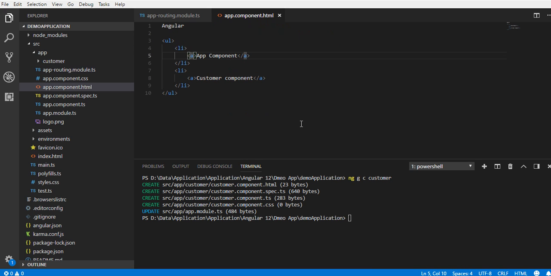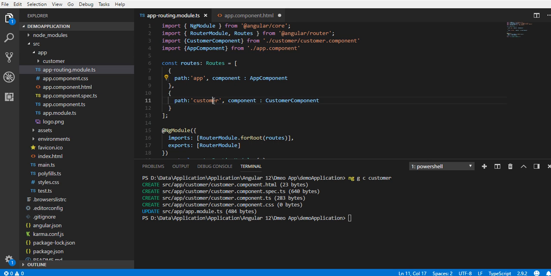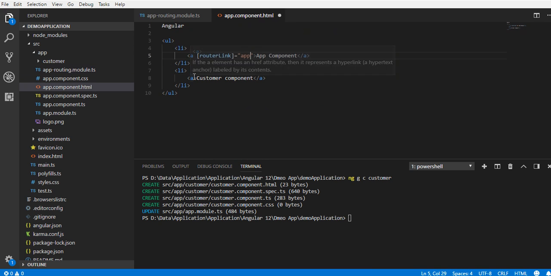So here we'll write routerLink, give the path, and we'll do the same for customer: define the routerLink and then the name of the path. Save it. Let's run this application with ng serve so that we can see the result as well.